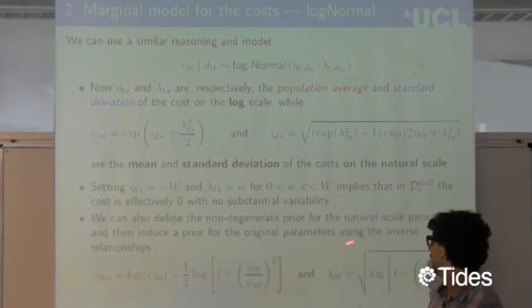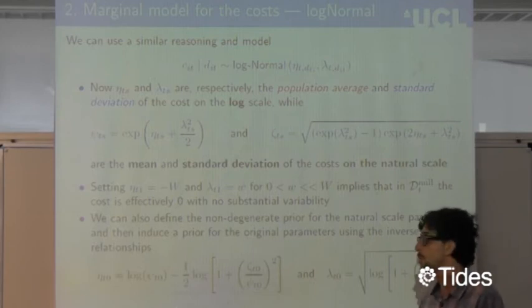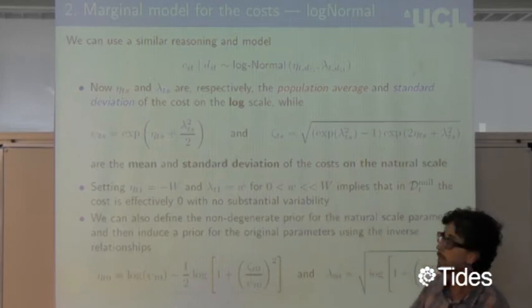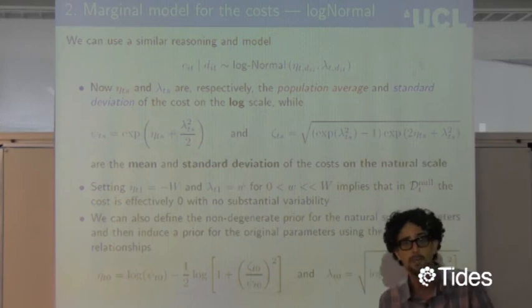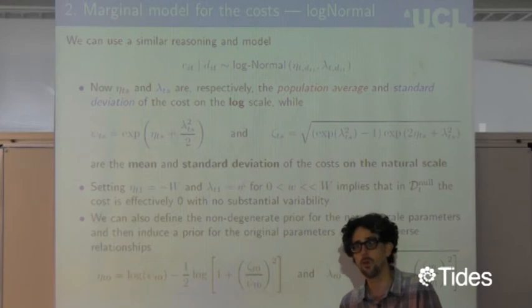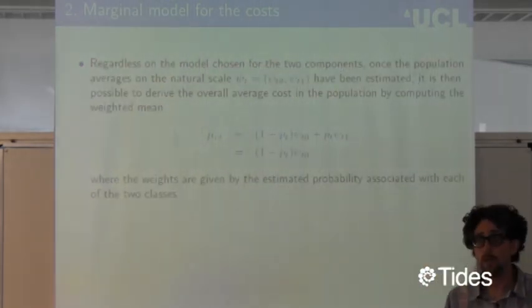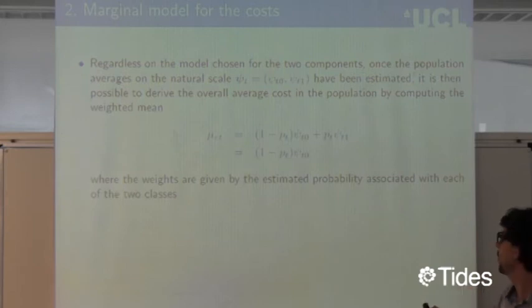And again, I can allow some prior distribution on the mean and the standard deviation in the natural scale, so that some prior will be induced for these two things over here. And again, as long as I have the right prior information on the natural scale, it doesn't matter what happens on the log scale. The point is, it will be consistent, so that's fine. So regardless of the actual model I'm using, whether it's gamma or log normal or anything else, once I have estimated these two